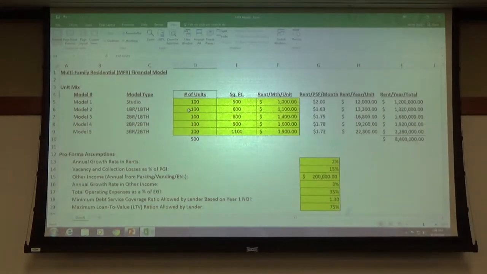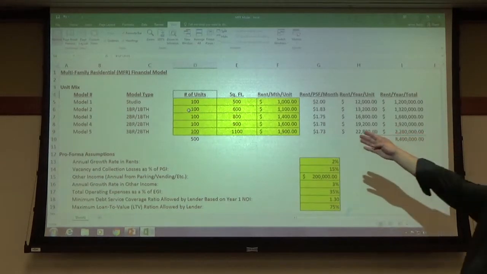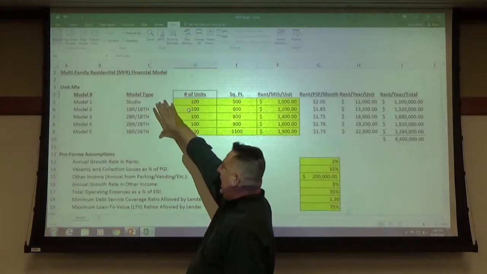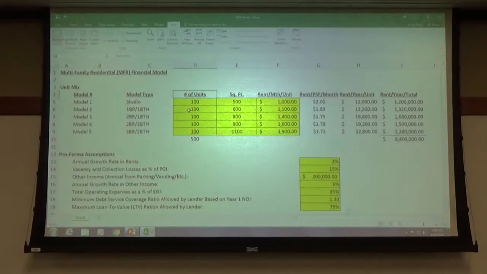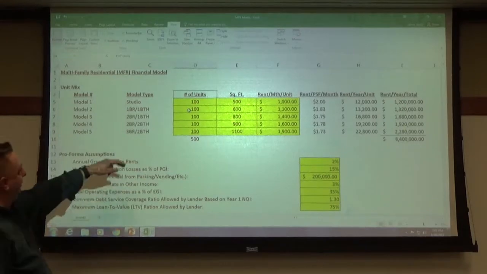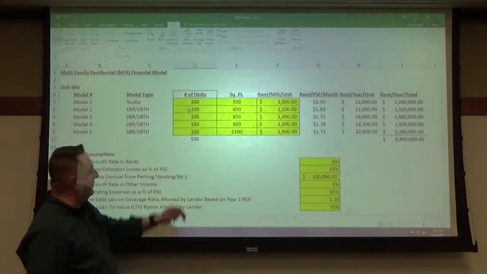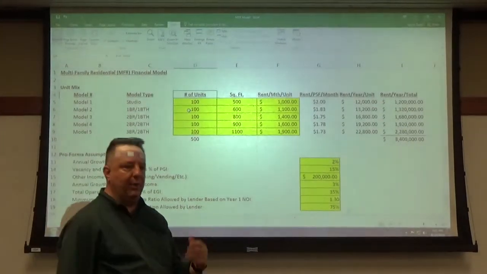The first thing we're going to do is talk a little bit about the initial property. This is another multifamily property, another apartment community. In this case, we've got a property with 5 different unit types: studio units, 1 bedroom 1 bath, 2 bedroom 1 bath, 2 bedroom 2 bath, and 3 bedroom 2 bath. Make sense, everybody, in terms of the unit base? For simplicity's sake, I said we have 100 units for each of those unit types.